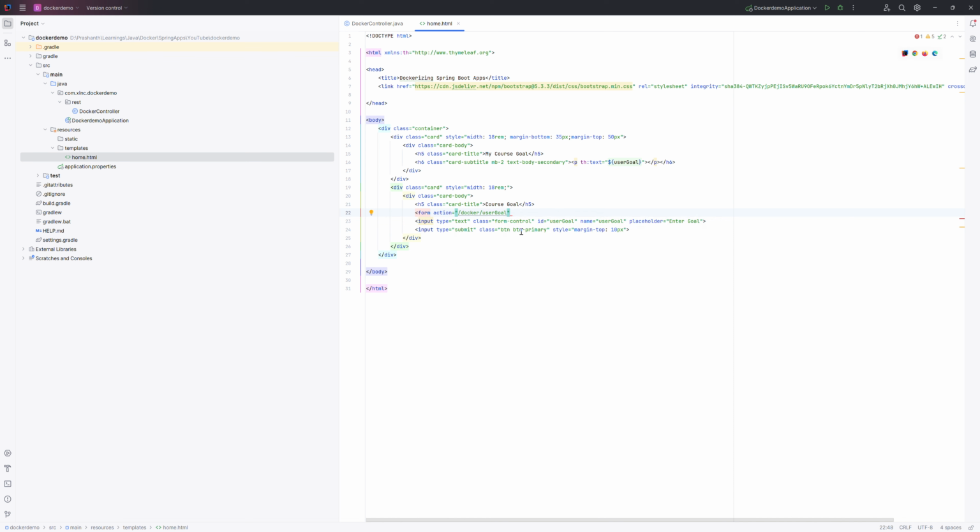All right. Then method is equal to post. Okay, so this is going to be my form action. I think we are good with